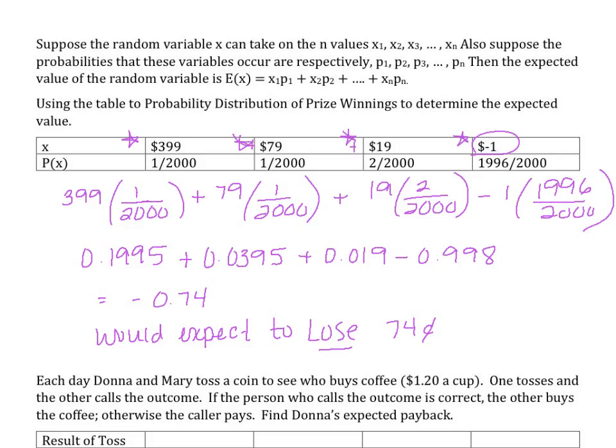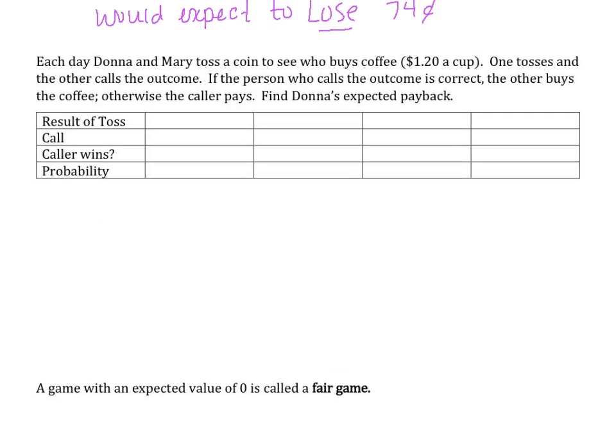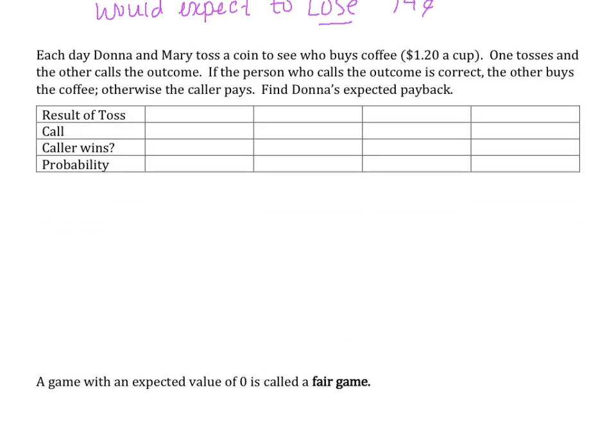So, each day, Donna and Mary toss a coin to see who buys coffee for $1.20 a cup. One tosses and the other calls the outcome. If the person who calls the outcome is correct, the other buys the coffee. Otherwise, the caller pays. Find Donna's expected payback. So, if